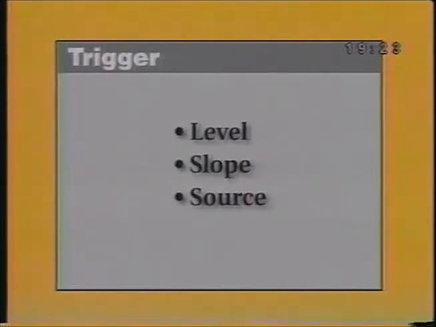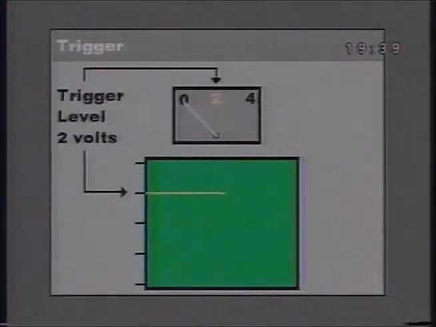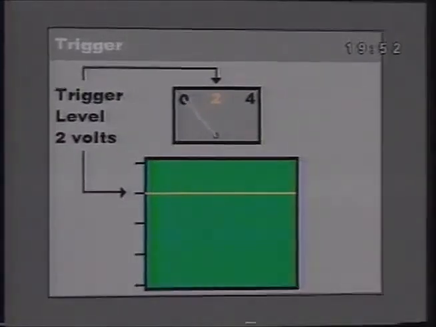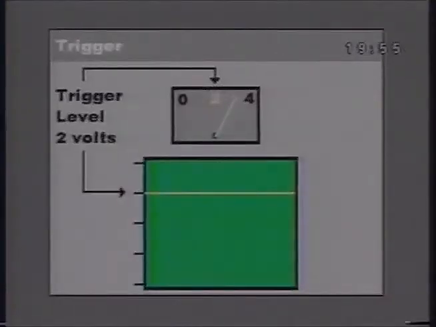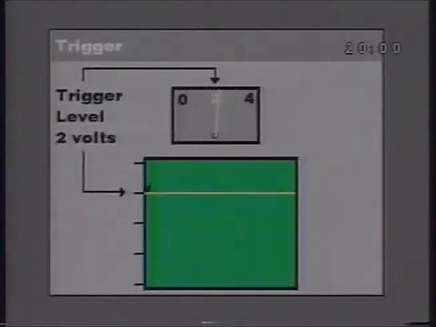And trigger breaks down into 3 categories: trigger level, slope, and source, all of which sounds a lot more complicated than it is. Trigger level is a voltage that tells Scopemeter when to begin tracing a waveform. Let's say you set trigger level at 2 volts. Scopemeter won't start drawing a waveform until the voltage level crosses 2 volts. If the voltage never gets past 1.5 volts, Scopemeter never displays a waveform. If the voltage never drops below 3 volts, same thing, no waveform. But as soon as the voltage crosses the 2-volt threshold, Scopemeter begins drawing a waveform,